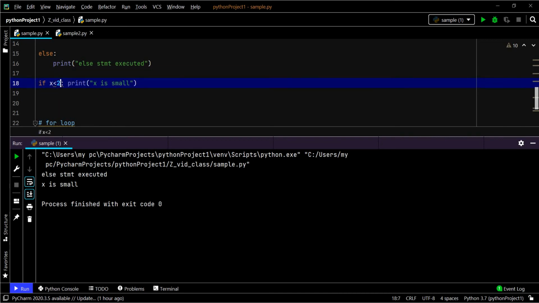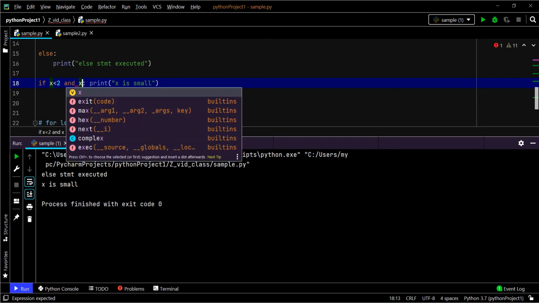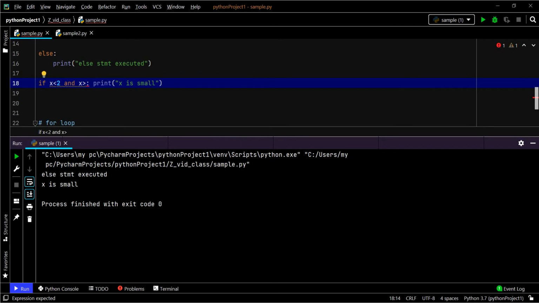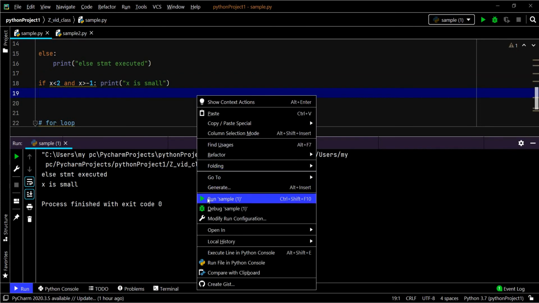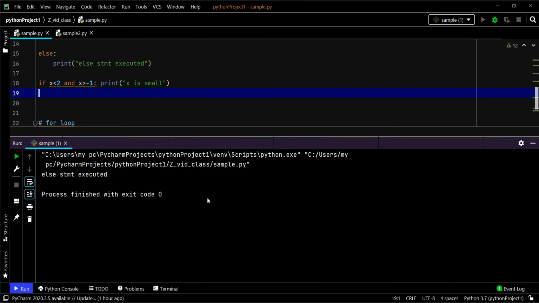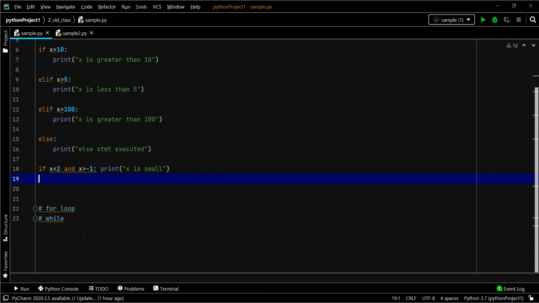You can check multiple conditions in the if statement using the logical operators and, or. Let me check. Give one more condition: x greater than minus 1. Because minus 20 is not greater than minus 1, it's not printing this statement.